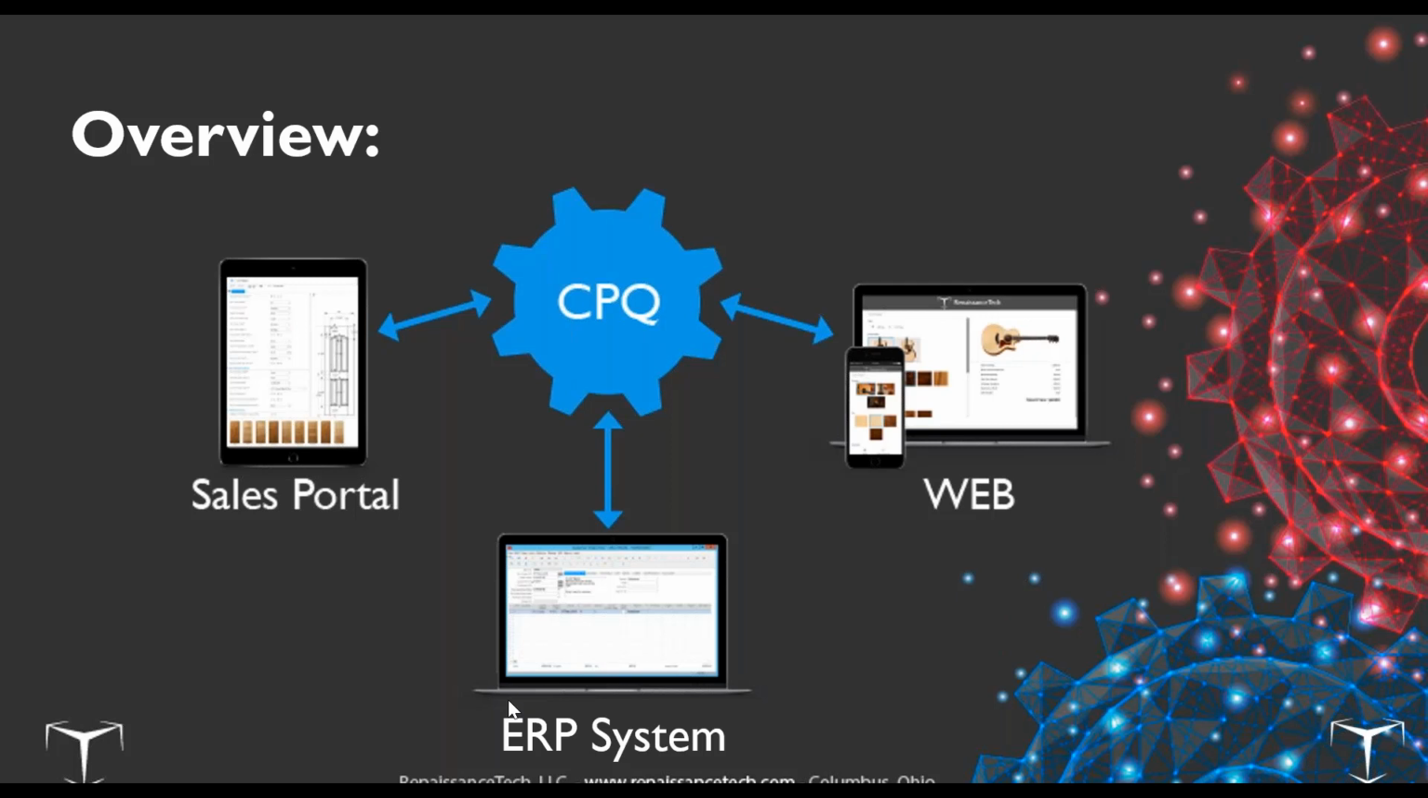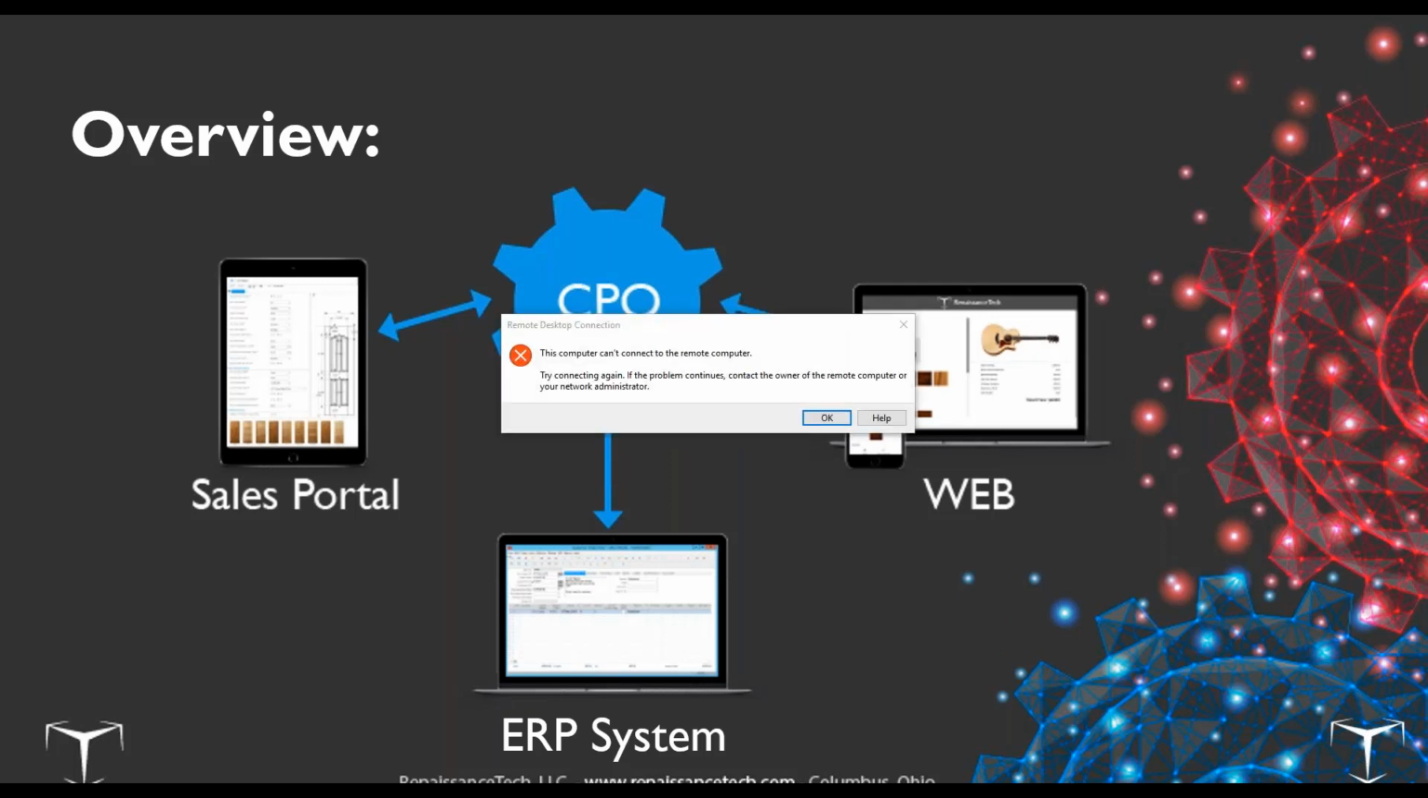It can also be connected out through Sales Portal, which is primarily a dealer-facing portal designed to allow outside dealers, distributors, and independent sales reps to build their own quotes and turn